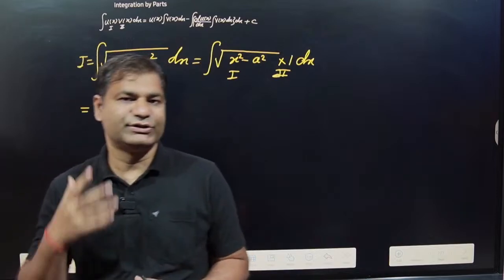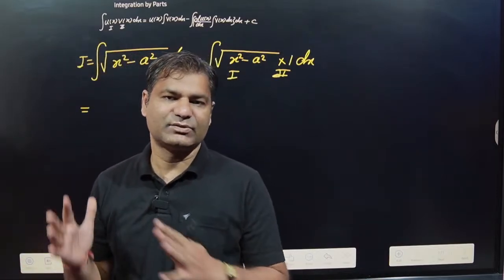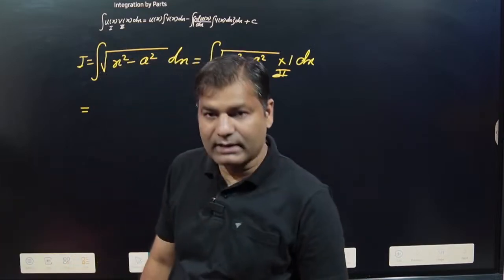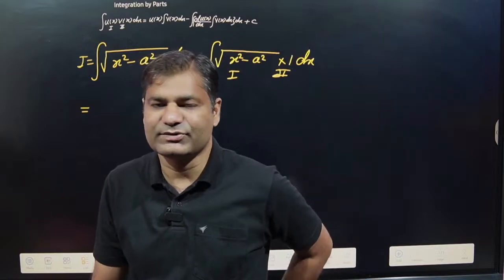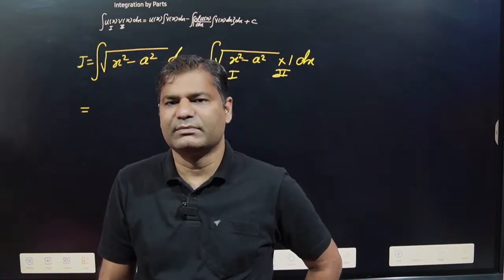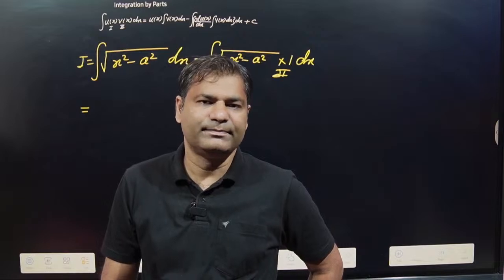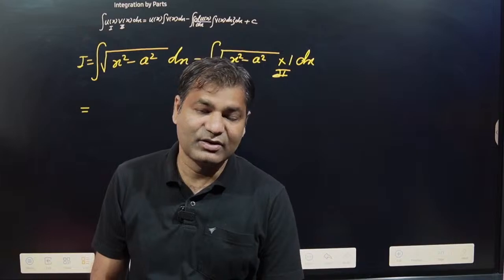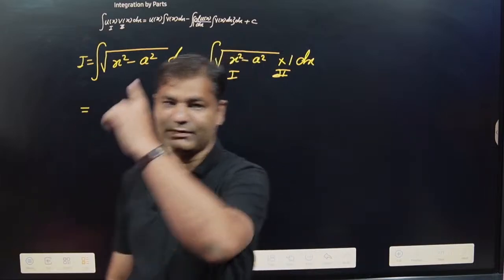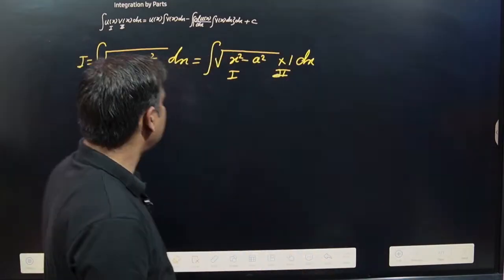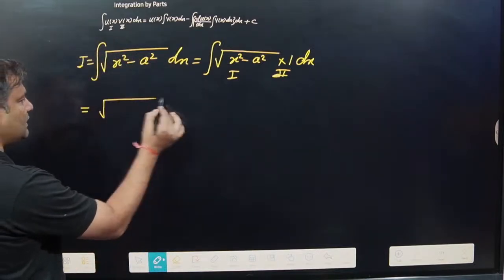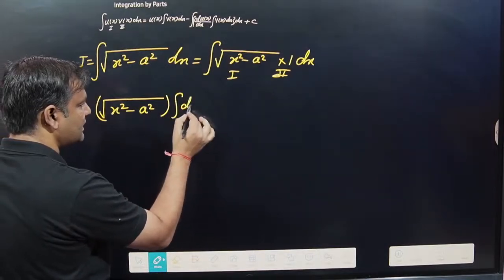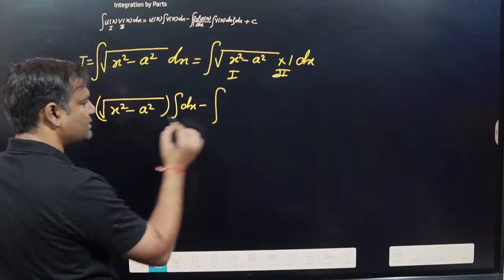Why? Because integration of under root x square minus a square I don't know. That's why we have taken under root x square minus a square as the first function, because you can differentiate it but you cannot integrate it. Okay, clear or not? After that, apply the formula here: under root x square minus a square into integration of dx, minus differentiation of